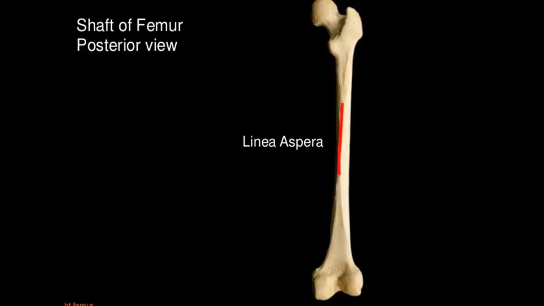And one thing more, if you can see, this is a triangular area. Sorry, this triangular area is situated on the lower aspect of the shaft. As you can see, this triangular area, situated on the lower aspect of the shaft, is known as the popliteal surface. It's an anatomical landmark and it is known as the popliteal surface.